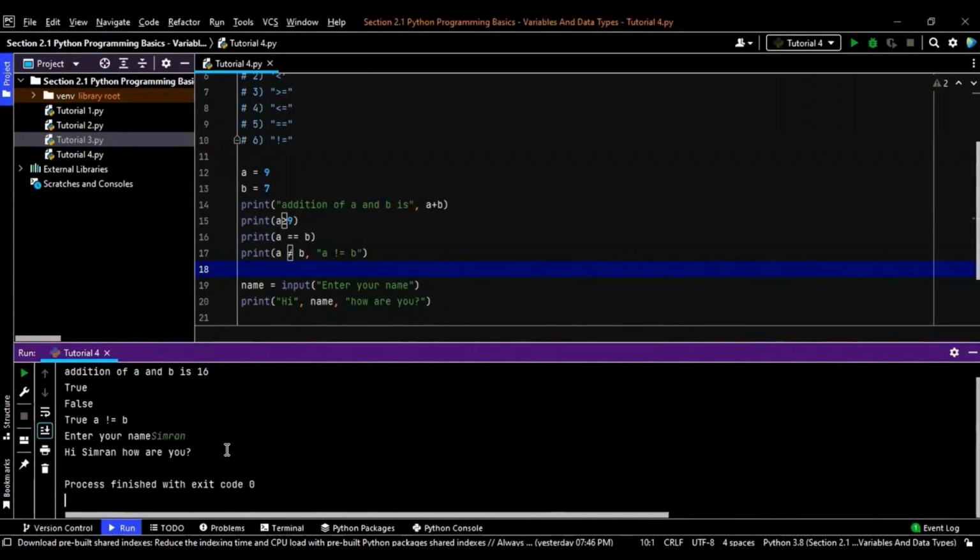So isn't it cool that Python can actually talk to us and take the values from us? Over here, we are using this input function. It's similar to the print function, which displays the output, whereas input takes in something and stores it wherever it is required. It takes the value from the user and stores it